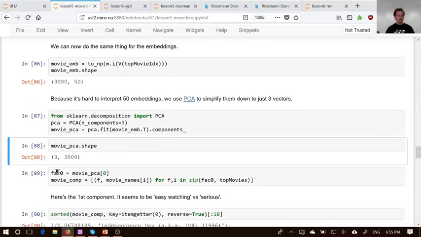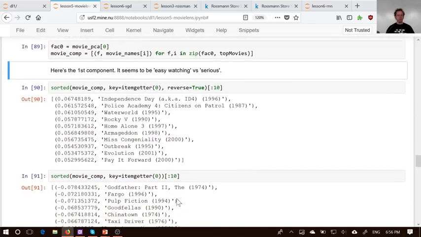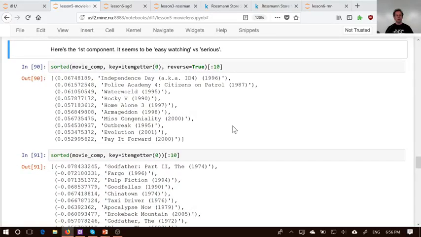And so we can now take a look at the first of them, and we'll do the same thing of using zip to look at each one along with its movie. And so here's the thing, right? We don't know ahead of time what this PCA thing is. It's just a bunch of latent factors. It's kind of the main axis in this space of latent factors. But what we can do is look at it and see if we can figure out